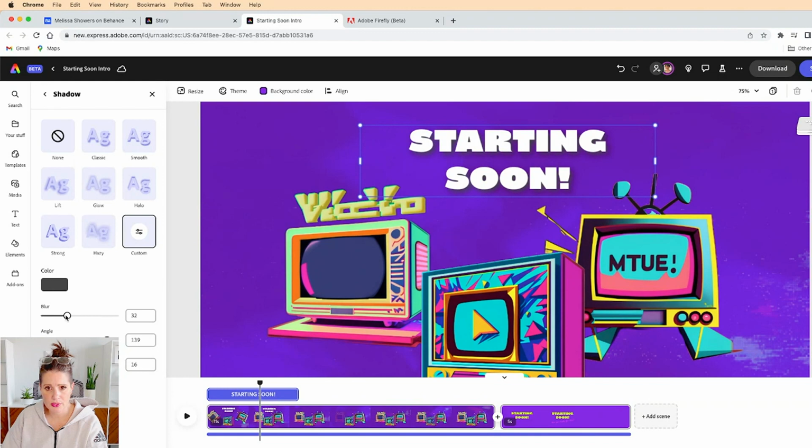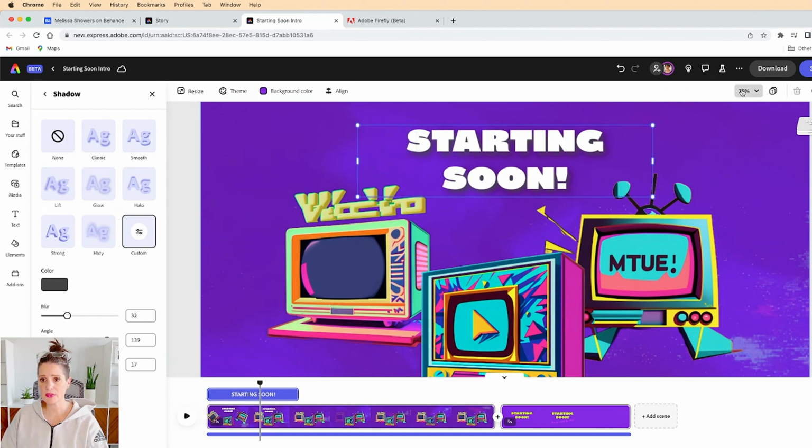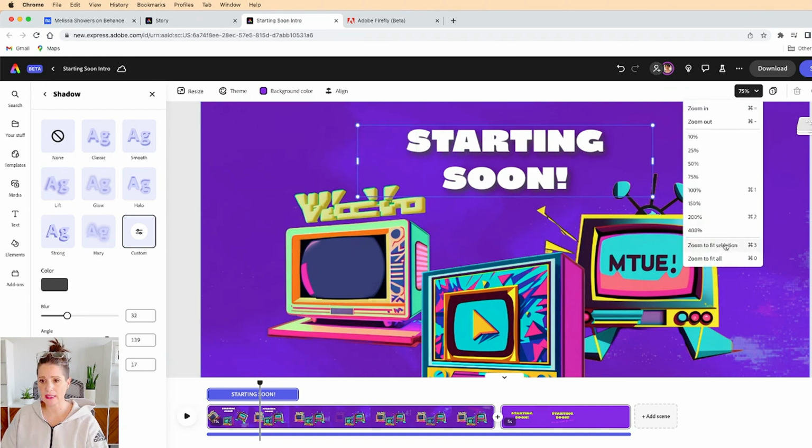So I can blur the shadow a little bit, which I'll do. I can increase the distance from it if I wanted. And I think I'll keep it like that. I'm gonna make sure it's in the center of my screen, and then I'm gonna zoom back out and play